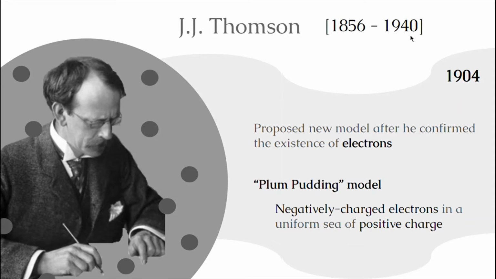And these are small, have negative charge, and their mass is almost negligible, and so he realizes that these electrons must be part of the atom, and they must be what causes their chemical properties. And so the model he comes up with to describe this is the plum pudding model.